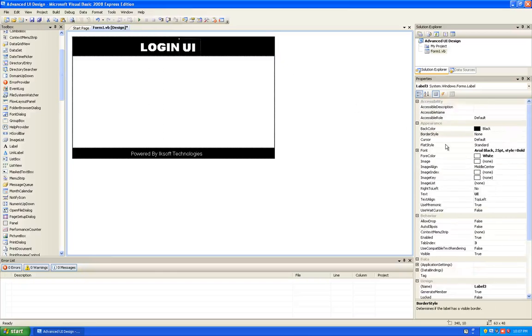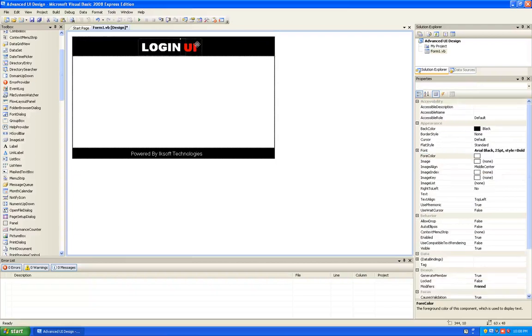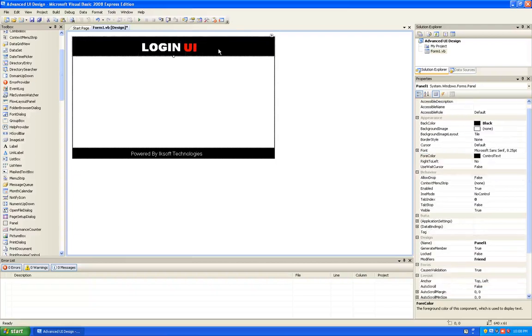So I can easily customize this for color. I can say, okay, let's make this red, and I really love this, right? So you see, this UI is very, very interesting, and you can indeed, in fact, do a lot of things with your design. Okay, so the next thing I want to do is add an image,